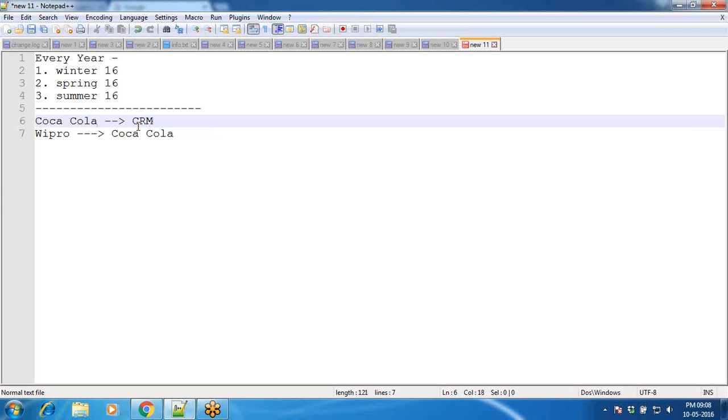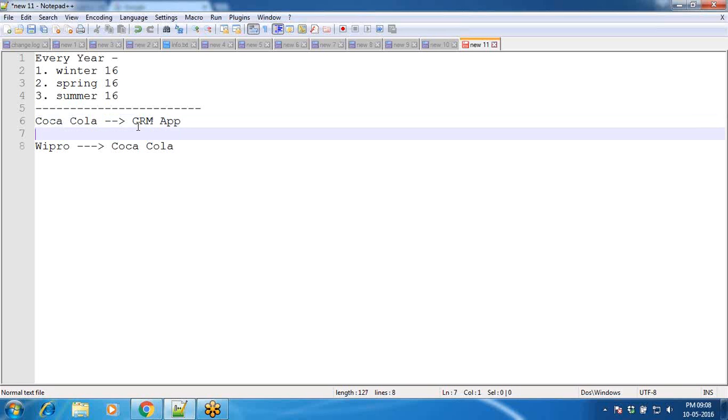To develop their CRM application, they do a lot of research, and they found that Salesforce is the proper one in the market. Salesforce is in a booming position. So suppose they opted for Salesforce to implement their CRM application. Then they invite different companies, since Coca-Cola company won't maintain any IT employees who can develop Salesforce applications. Since they don't have any employees, they will invite bidding. Suppose Coca-Cola has 20 requirements, so they invite